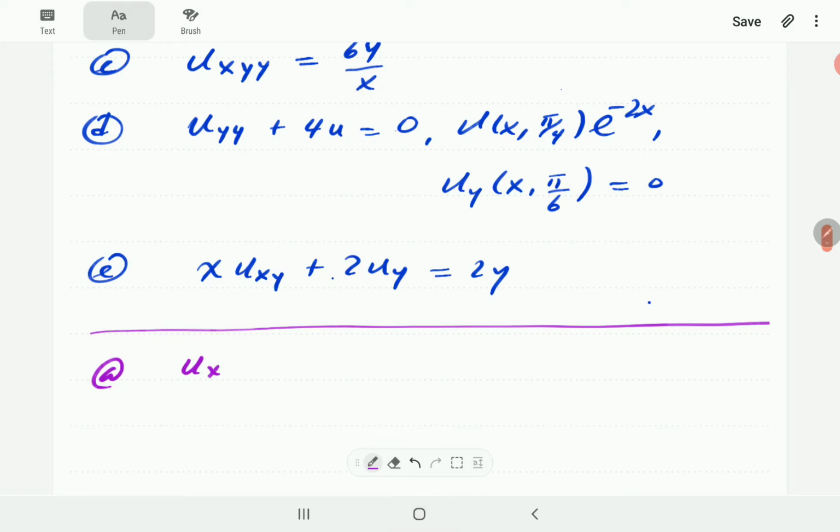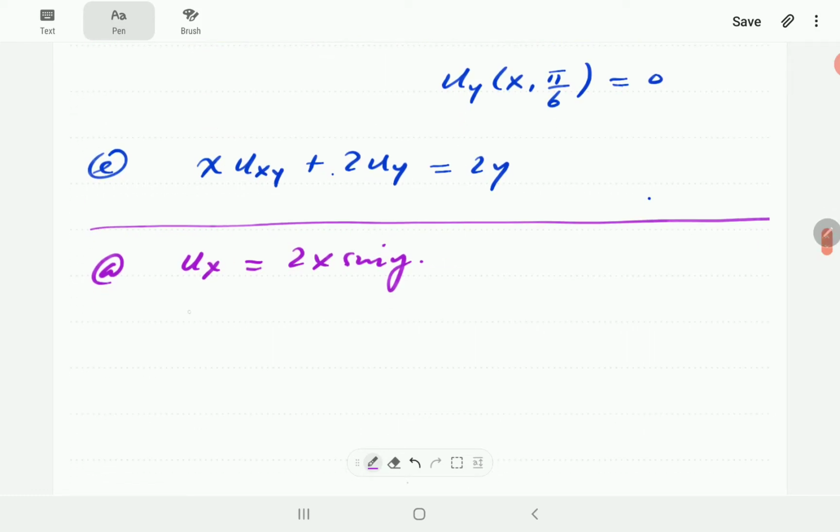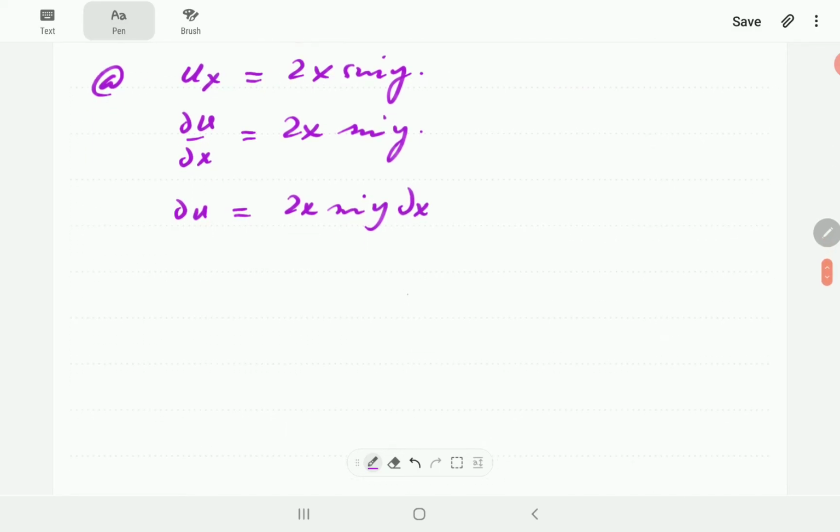Okay, so I'm going to use the partial notation. So this is the situation we have. So here, if we simply take the partial x to the right hand side,